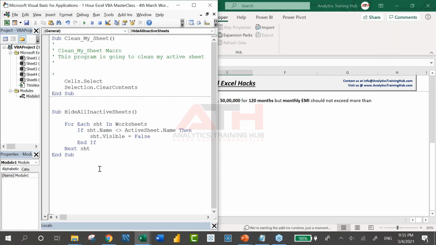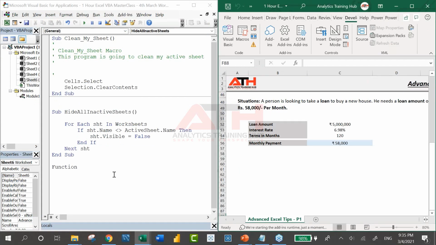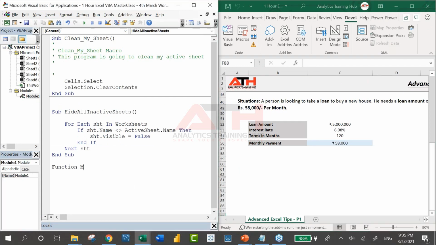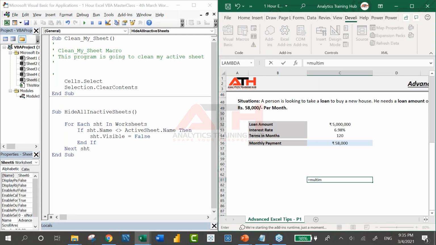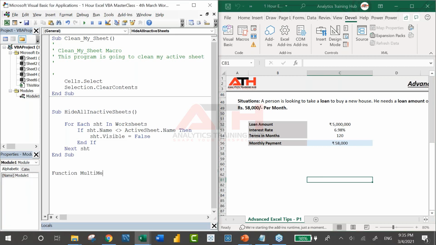Okay, so I can simply come here and create a function using Function. I'm just going to create a simple function, not complicated, because we don't have much time. I'll say multi-me. I'm just showing you that I do not have any function called multi-me. Multi-me means square I'm looking for. So I simply come here and say multi-me function, which will accept only one argument. And whatever argument I supply, that should be multiplied by that number only.